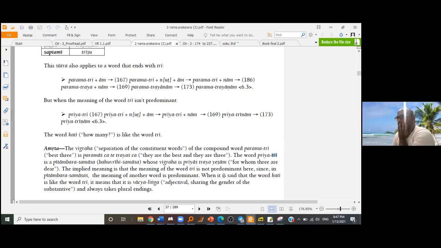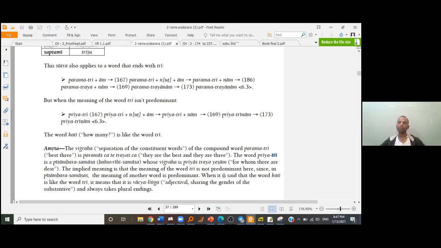Here it is taken as Bahuvrihi, the Pitambara Samasa. Suppose the word Pitambara itself: if I have to indicate not Krishna, who is wearing a yellow dhoti, but the cloth itself, then it becomes a Tatpurusha Samasa, right? Then it's Karmadharaya, because it's an adjective, yellow, cloth, which is part of Tatpurusha.